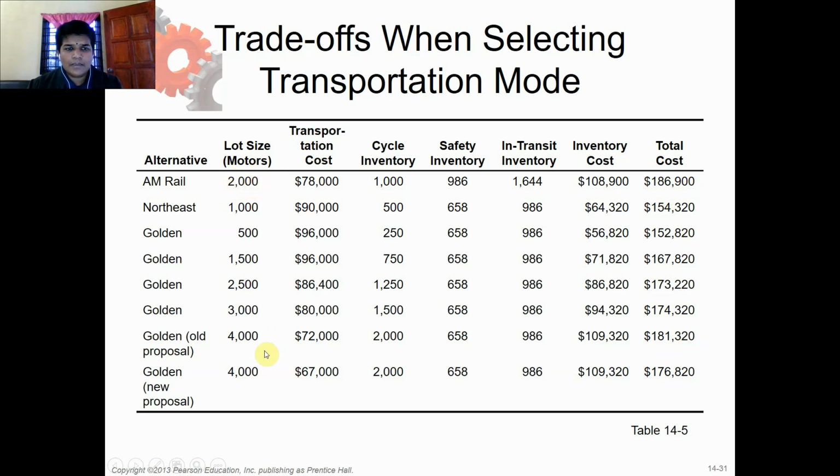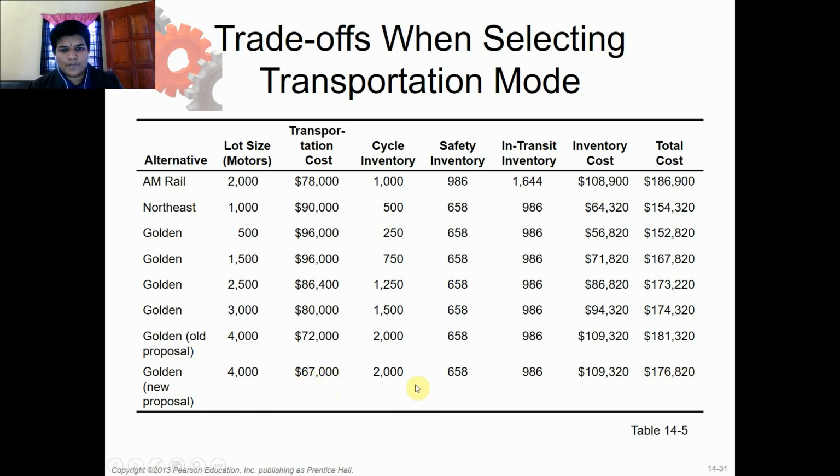But here, Golden's new proposal, they can move 4,000 unit motors with expenses of only 176,820. So you make the comparison